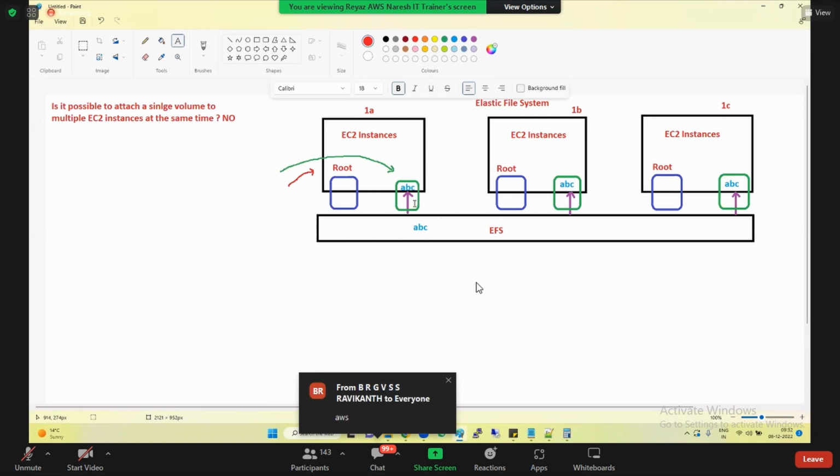And also another important thing. Generally we use the word mount. Generally, this mount word is used in which operating system? Linux, correct? So this EFS works only for the Linux EC2 instances. Okay,